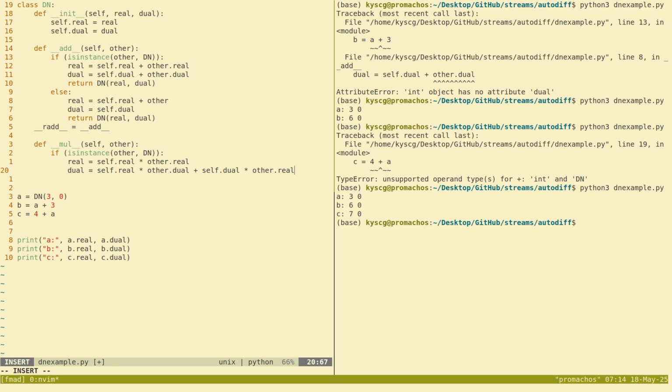Should be right, because when you do A plus BI times C plus DI, A, C get multiplied for the real. Why am I saying I? You know what I mean. And the coefficients of the epsilon part get cross multiplied. So it's basically self.real whatever. And then obviously you return